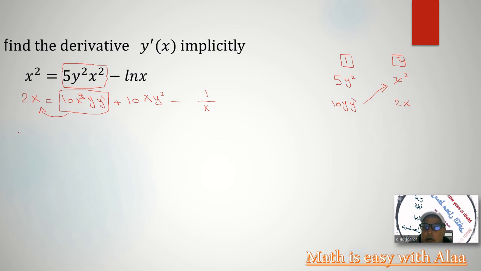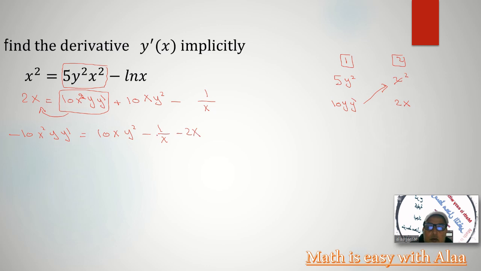So it will be minus 10 x squared y prime equal 10 xy squared minus 1 over x